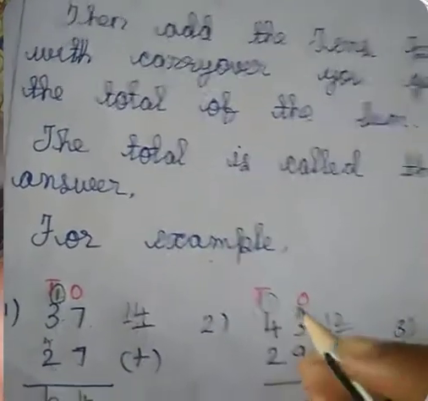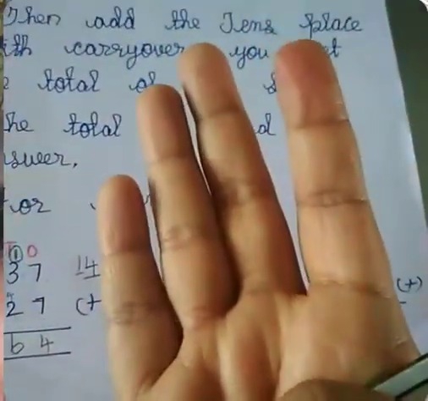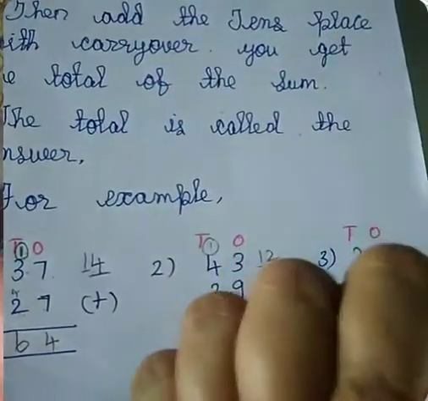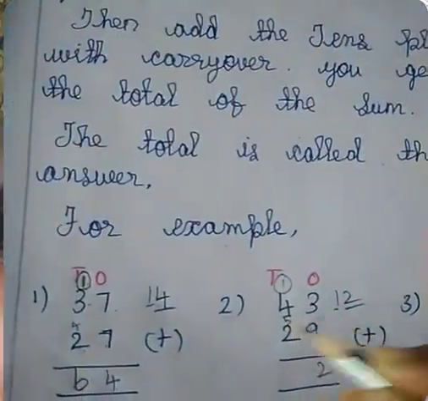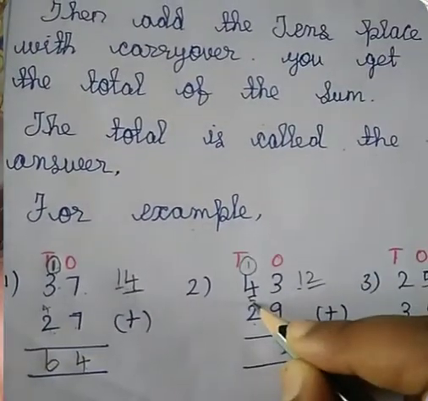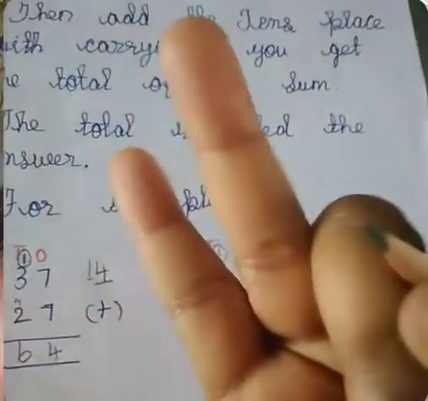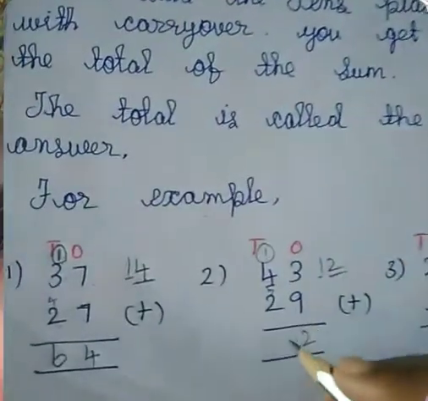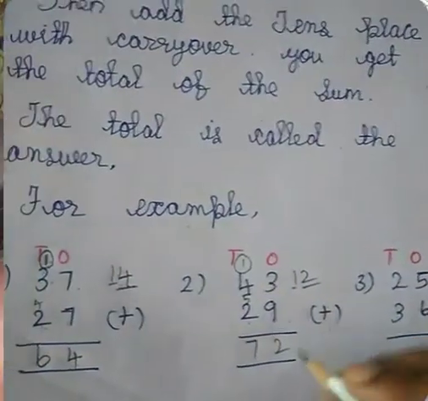4 plus 1, what? 1 in the mind, 4 in the finger. 1 after 2, 3, 4, 5. You have to write 5 in the middle of these two numbers and add this 5 and 2. First put 5 in your mind and 2 in the finger. 5 after what? 6, 7. What is the answer? 72. This is the answer.